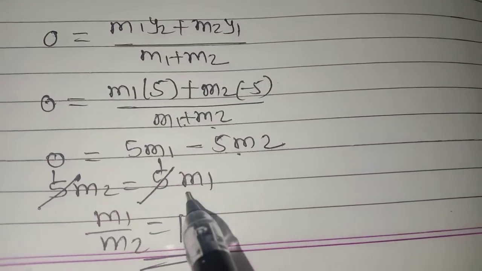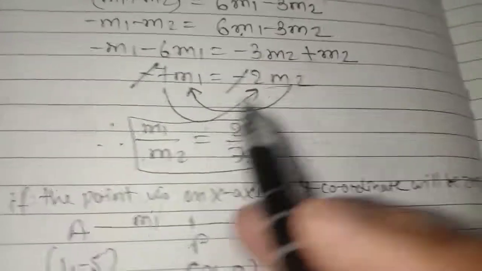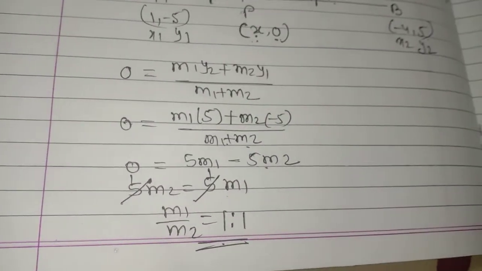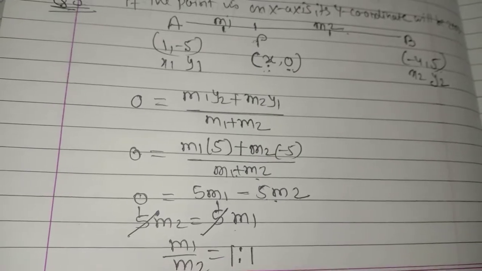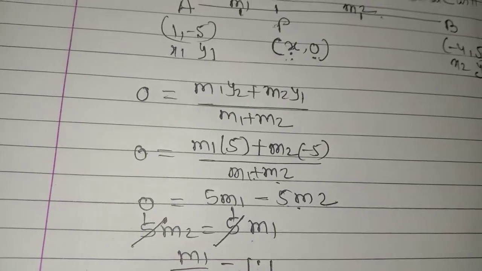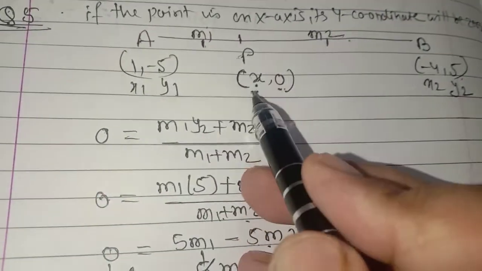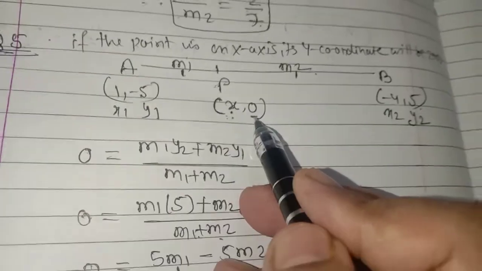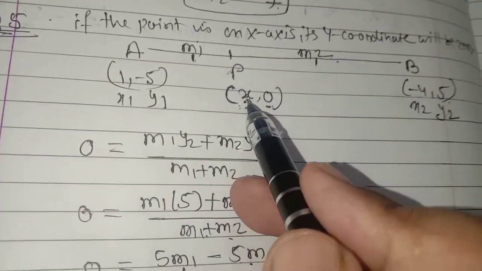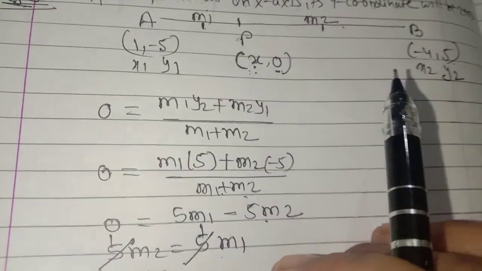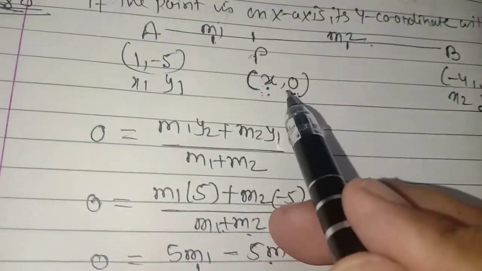Clear? 1 upon 1 or 1:1 means the value of M1 is 1 and the value of M2 is also 1. Clear? So you can see the calculation, that is, if the point lies on one of the axes and the other coordinate is not given, so this is our method to do. In examination they can change the question also, that is, instead of the x-axis they will give you the y-axis. So for the y-axis, the x coordinate will become 0, and then you can do it using y.